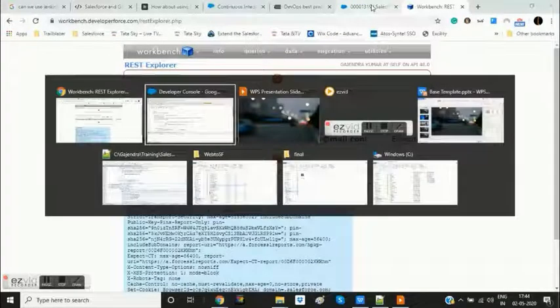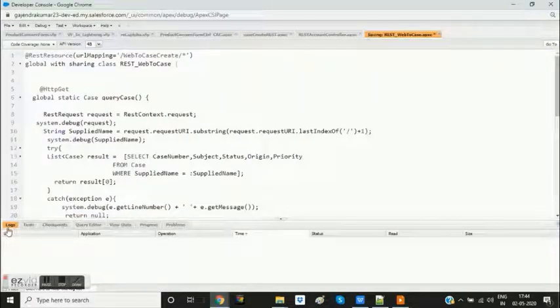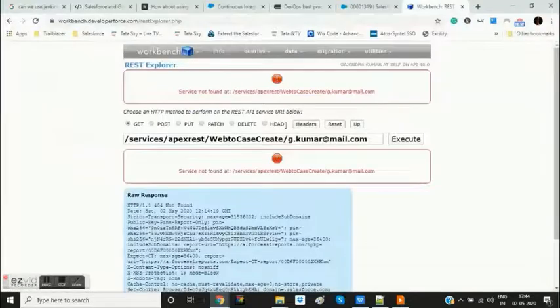Let's see, execute. gkumar@mail.com. Web to case create, query case, nothing else.